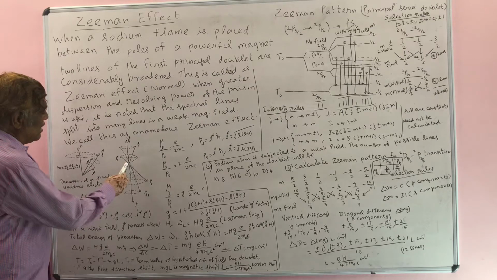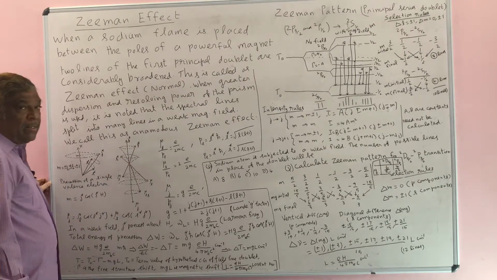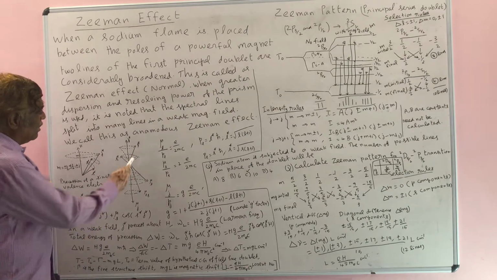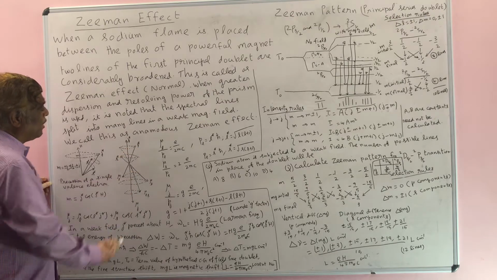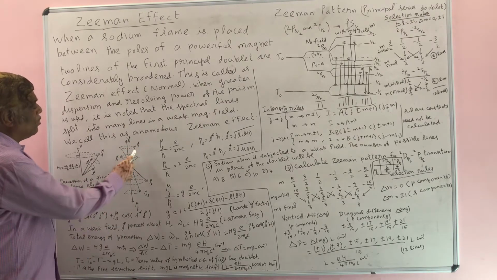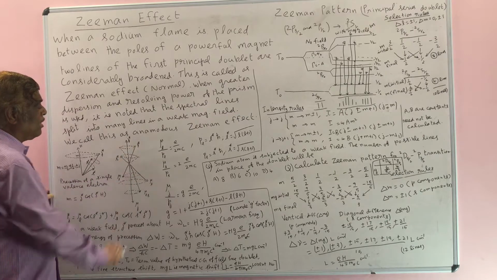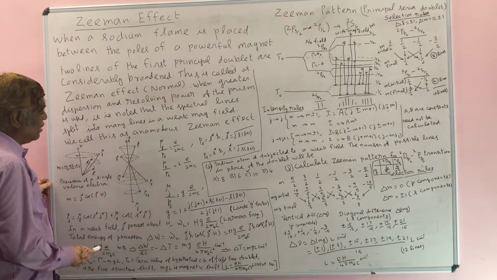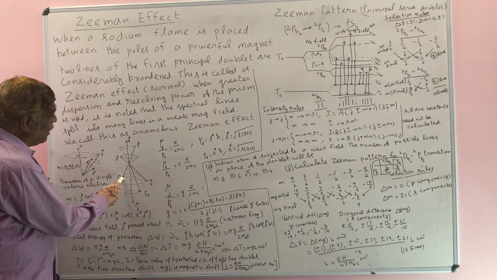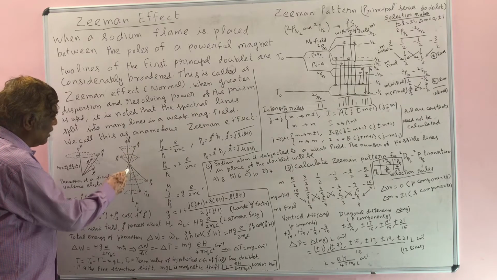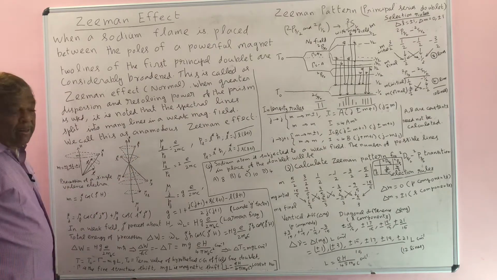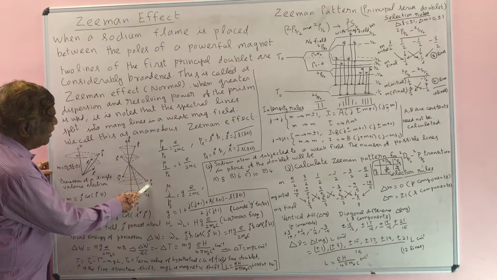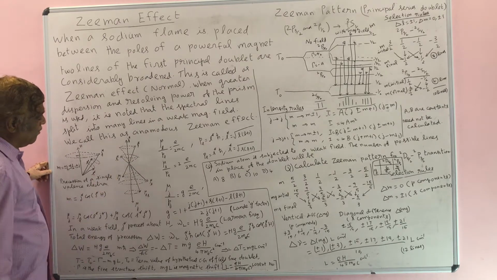Now let us consider L*, the orbital angular momentum, and S*, the spin angular momentum. This orbital angular momentum we call a mechanical moment: a mechanical moment due to the orbital motion, and this is a mechanical moment due to the spin motion. Now, the magnetic moment due to the orbital motion is opposite in direction to the mechanical moment. This is mu L, and mu S is the magnetic moment due to the spin motion.